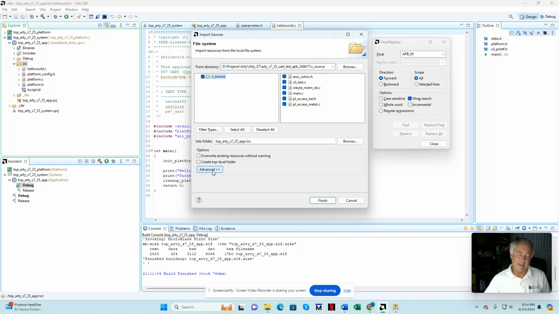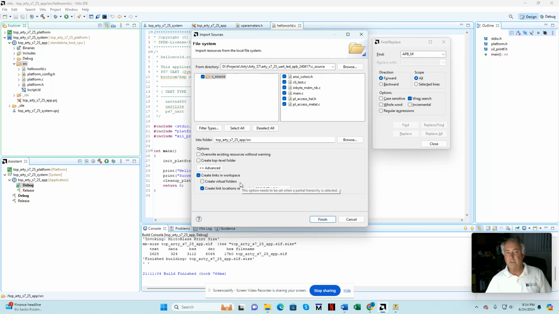And here's a little trick. I don't like when Vitis takes control of everything. I want those source files to stay exactly where they are and not get sucked into the Vitis project folder. So I'm going to click on Advanced, and I'm going to click on Create Links in Workspace. And that will allow the files to continue to reside exactly where I put them, exactly where I'll go look for them and edit them later, rather than having Vitis suck them into the source folder underneath the Vitis project folder. So here I go, finish,